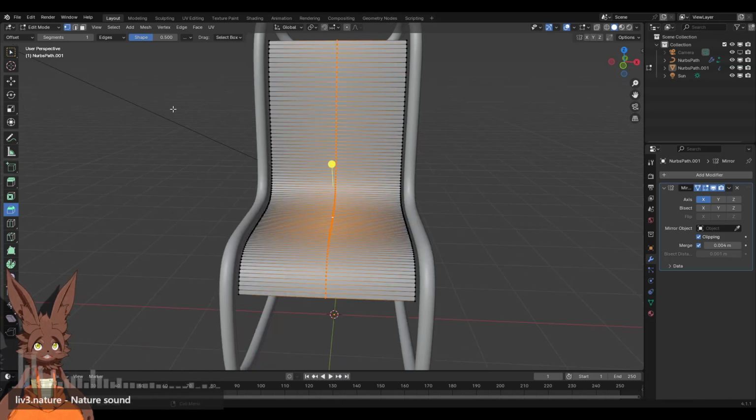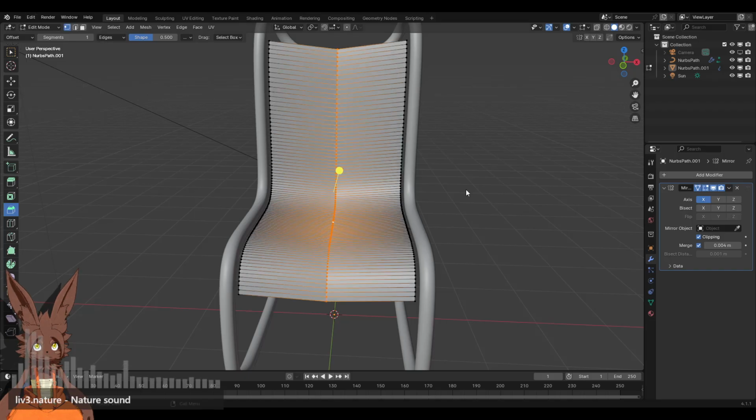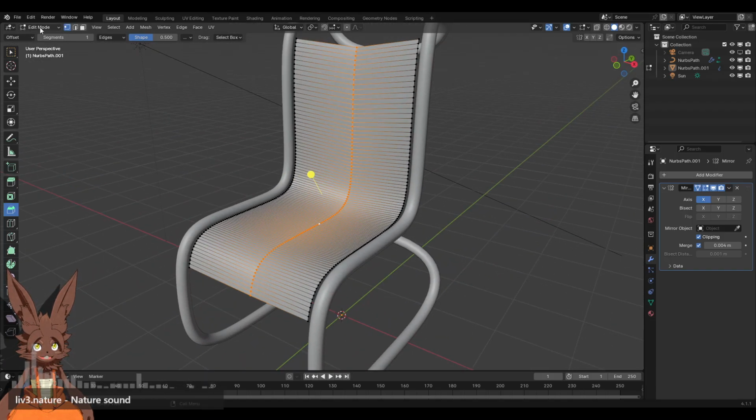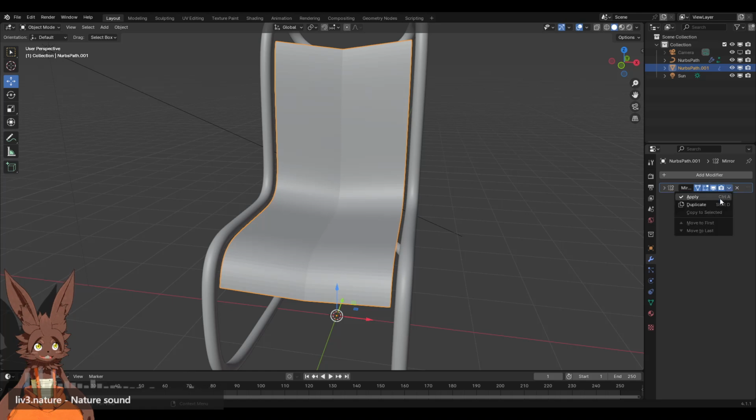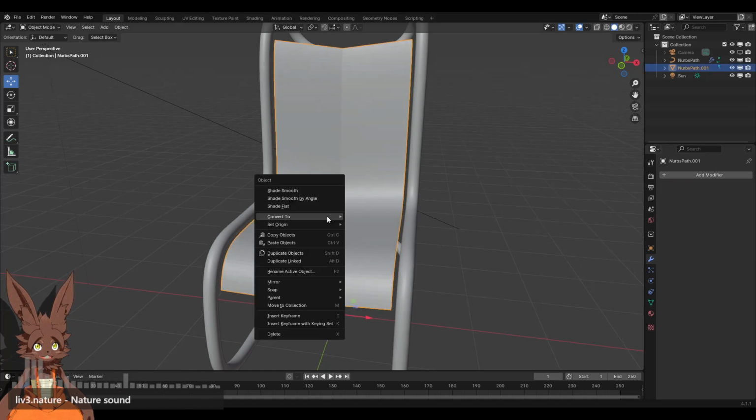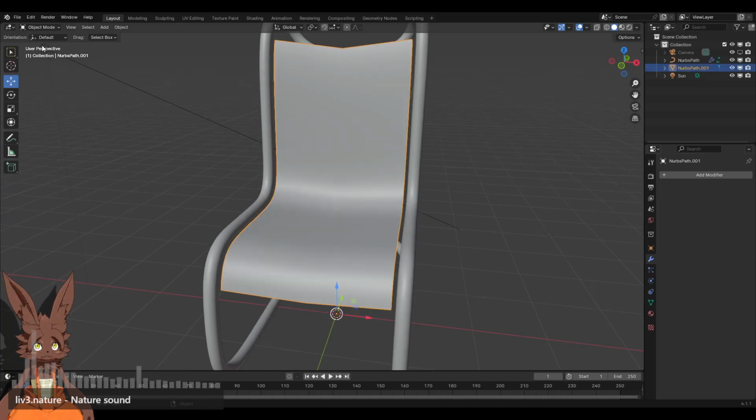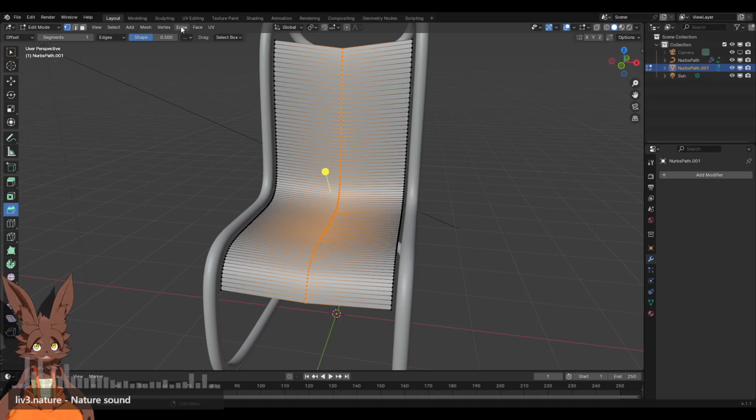Oh, I know why I can't bevel. You can't bevel because this is a mirrored object. So we take that, we apply this. The line in the middle is weird. I need to see. I didn't think about this yesterday. I didn't look at the